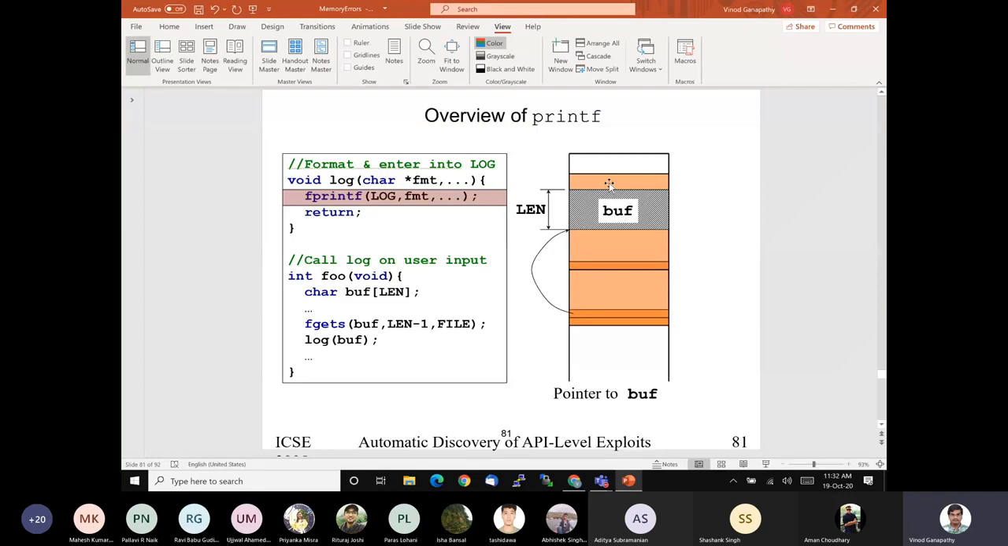Now fprintf is called. Fprintf gets called with two arguments, the first of which is, of course, the pointer to this file, and the second is the pointer to this format string. And then the stack frame of printf gets pushed onto the stack. So now the way that printf works is